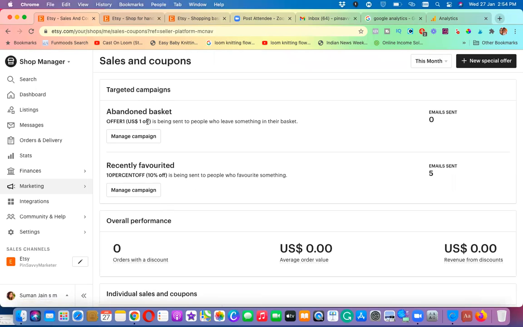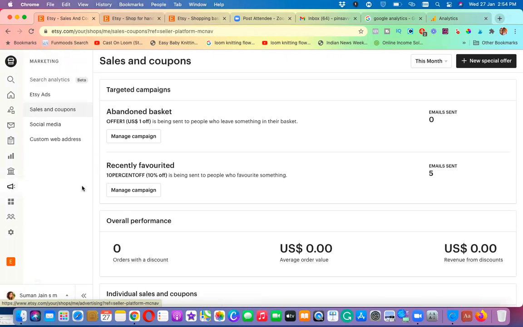The second thing is, they have just added your product to the cart, but they have not bought the product. For them, Etsy will give them the offer if you have enabled this, say after 4 hours or 6 hours or after one day. Once they see that, okay, I'm getting some percentage off or some amount off, it could be a fixed price or some percentage off or whatever it is, they will go and buy. In that way you have an opportunity for extra sales. Anyway, you have to try and do the testing.